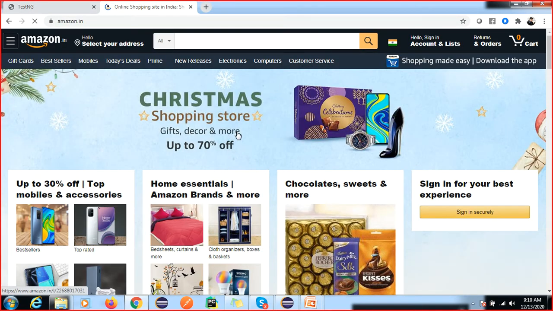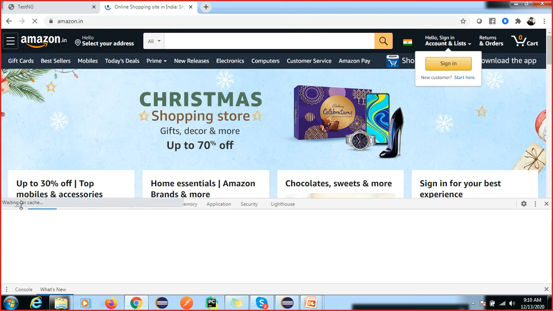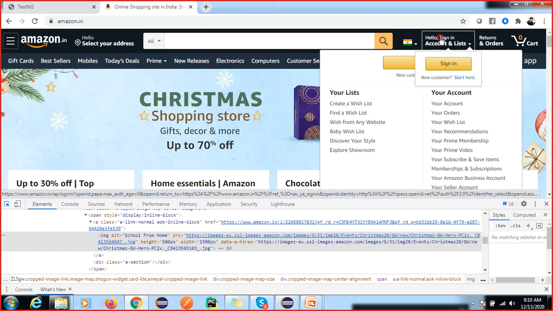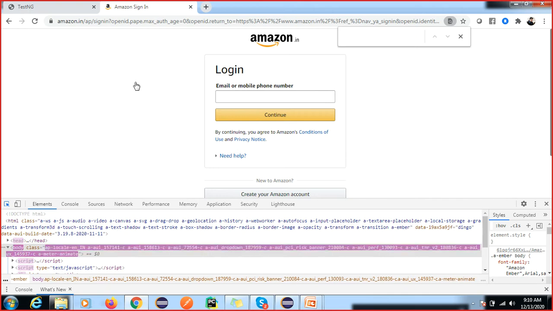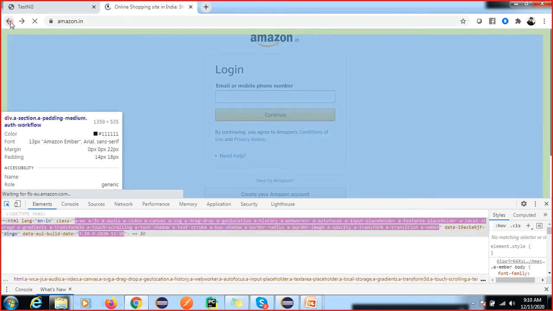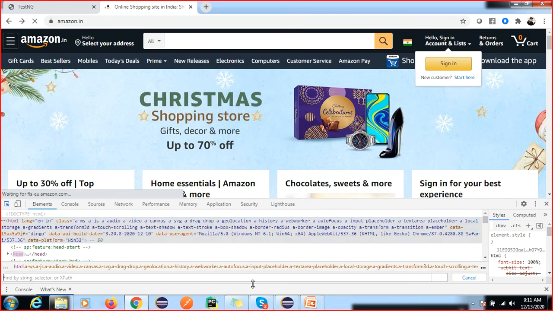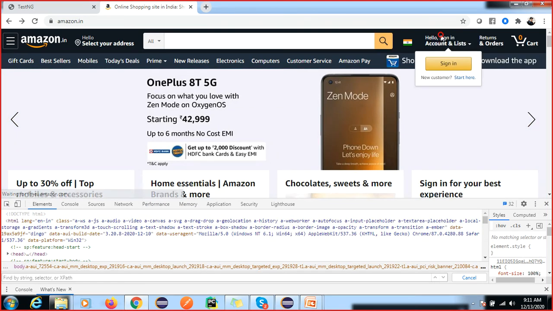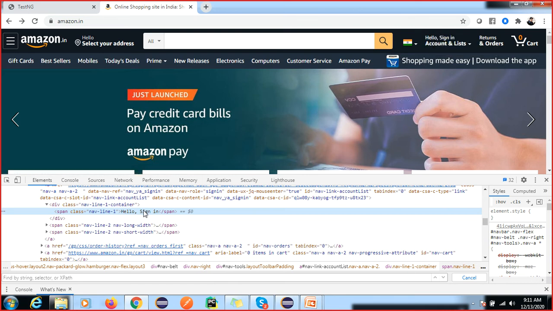Okay, so let me inspect this, and first we can find here. This one. Now what is happening? Let me sign in. Why is the element not highlighting? Yes, it's okay. So now I'm going to copy this XPath again.